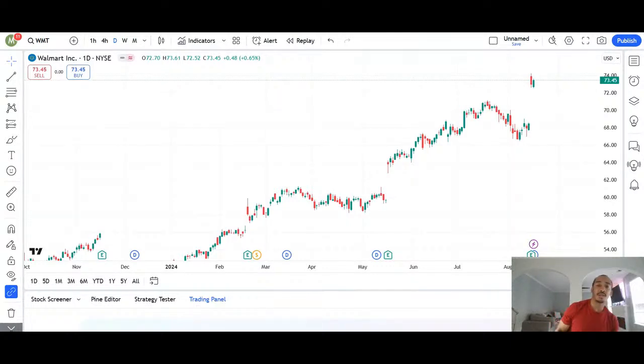So swing trading, right? If you were to swing trade Walmart on their earnings report, which is this E down at the bottom, Walmart beat earnings and the stock jumped up. Just for example, if you were to swing trade Walmart on the earnings report and the profit was times 100, it went from 68 to 74. That's about $6 times 100, right? So that's your profit off of just placing an order.